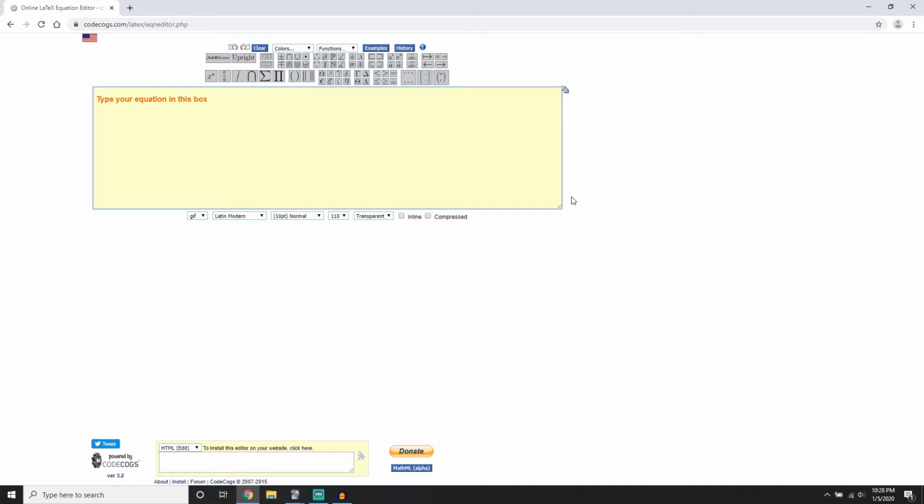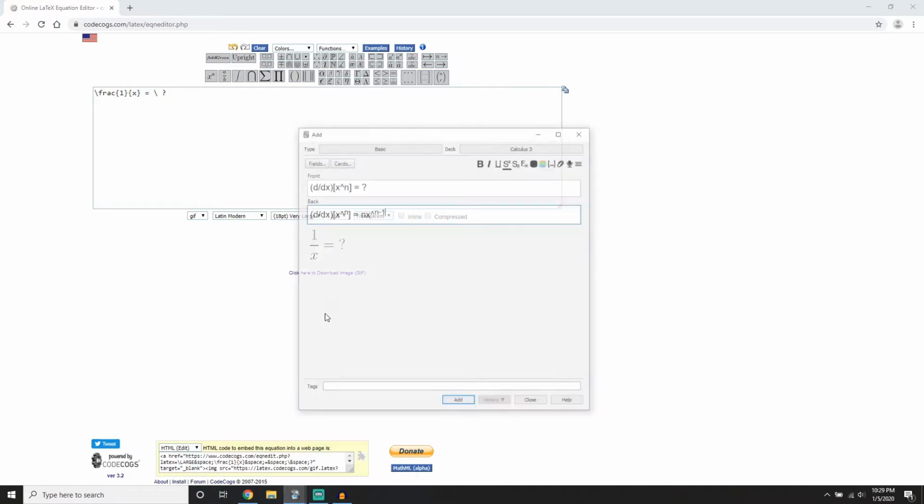So when you get to this website, it's going to look exactly like this. I personally like to change just this setting right here, go from 10 point to 18 point. You can change the font and a bunch of other things, but I like to leave everything as is. I'm just going to start off very simply, just so you can get the point, and then after that I'll go into detail on how to do more complex things. So this button right here, the fraction button, I just want to show you how I did it, and so we get this, it's pretty much a picture,